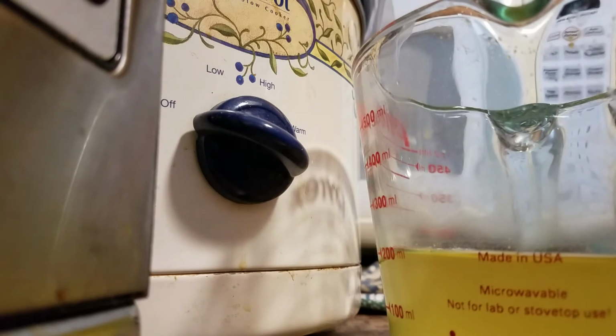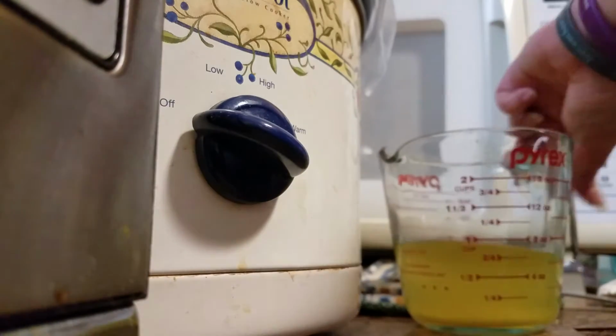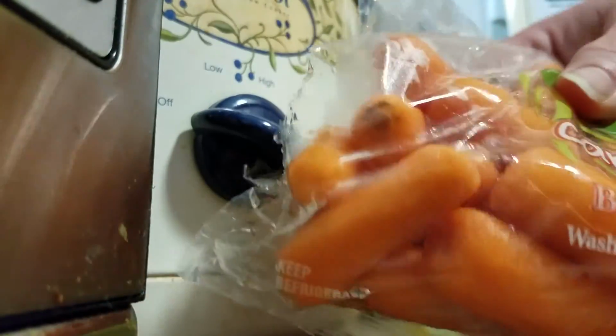We have other resources. And I forgot to put in the carrots. Of course it did. Okay, so the recipe calls for me to cut up carrots. But here's the thing. These are baby carrots. Now, baby carrots, actually it says right on this bag,